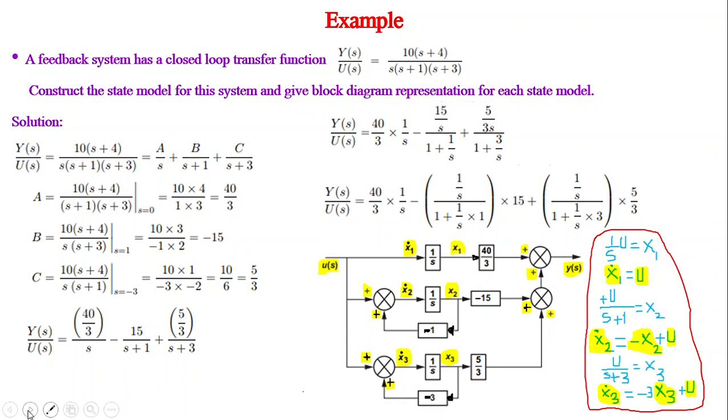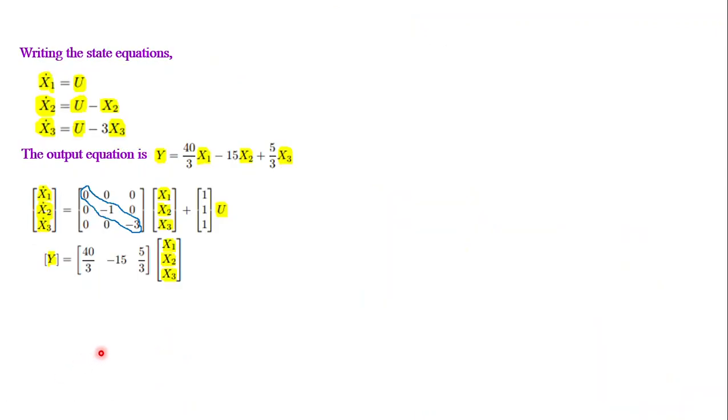That's all. So I think I have made you understand how to obtain the canonical form of the state model. Very simple. Simply take the partial fraction. After taking partial fraction, find out the residues. So the diagonal elements of the matrix A happen to be the poles. Then remaining elements are zeros. That means matrix A is a diagonal matrix. Matrix B, all elements are unity. Matrix C, all the elements are simply residues.